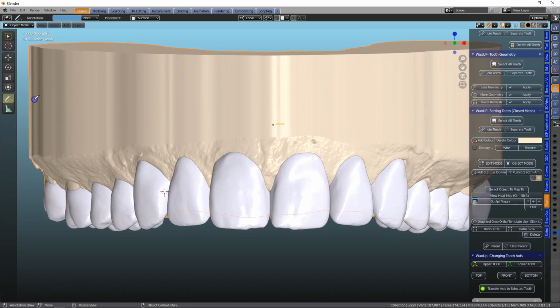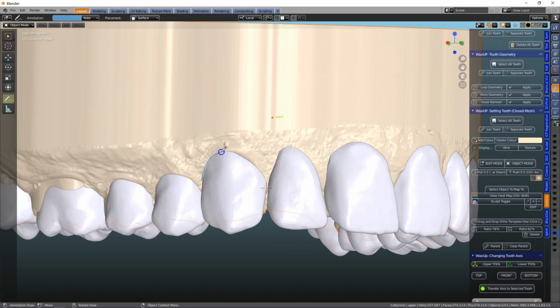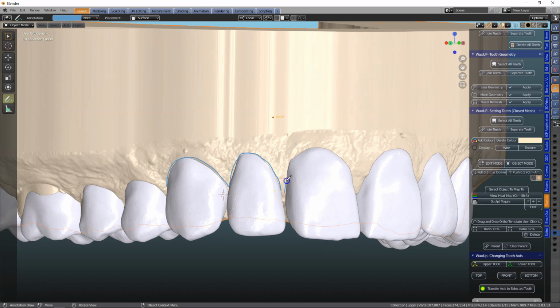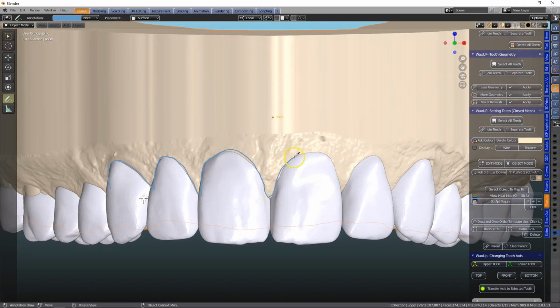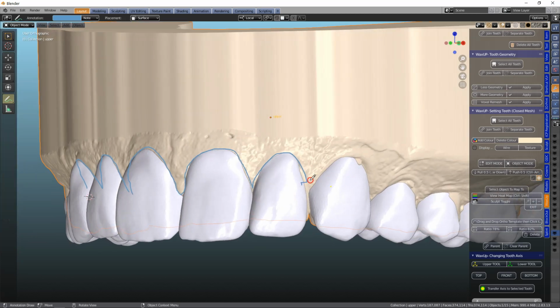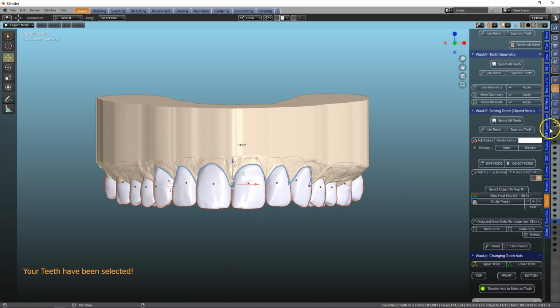Then we're going to go into the annotator to draw a line. Make sure you click surface, make sure that the model has been selected, and then as you're drawing, that line will adhere to the surface of the model. So this is very important, so when we hide the teeth, we know where to make our cutting tools. Then we're going to hide the teeth,